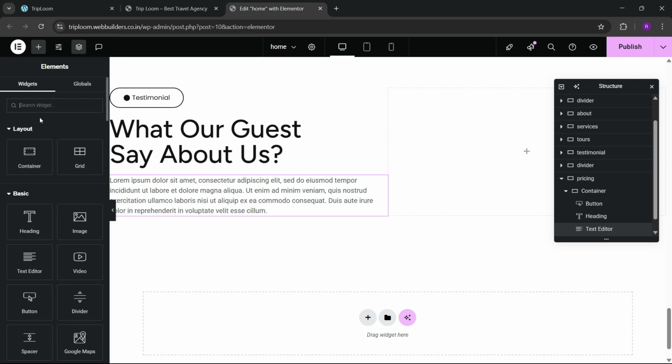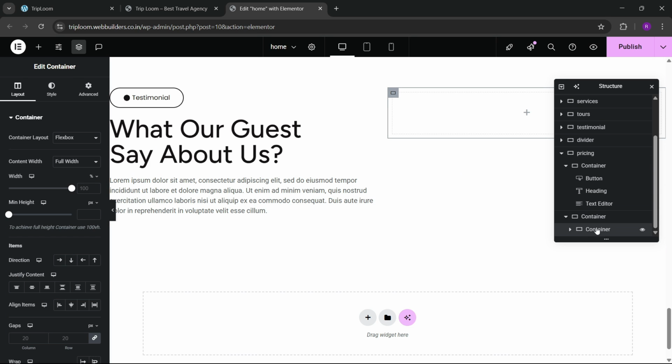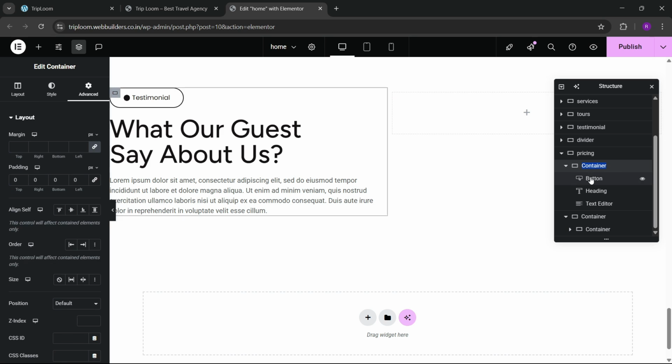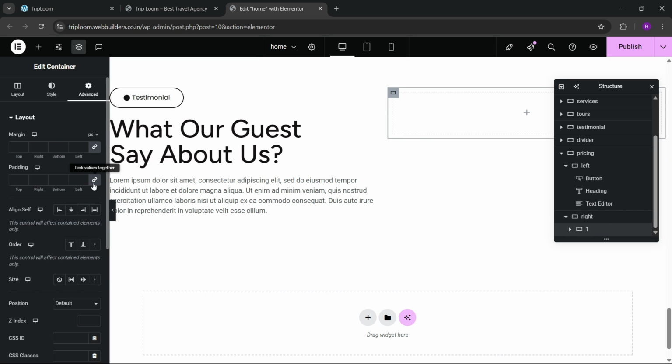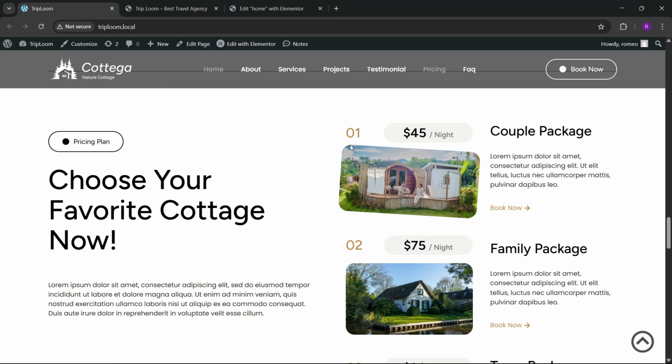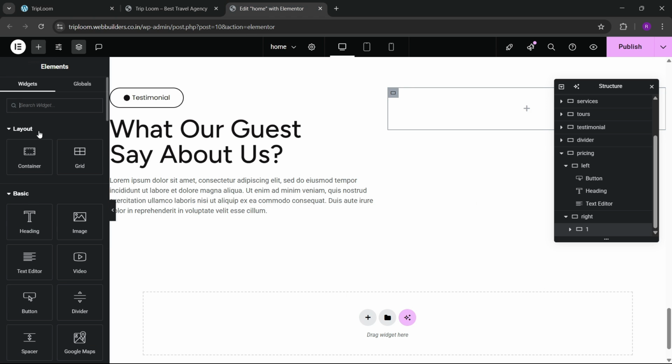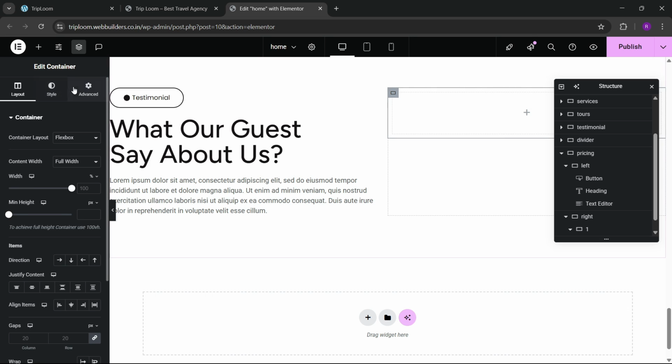Okay, so let's do one thing. First we're gonna add one box. So let's make this left, and we're gonna make this right, and inside this we're gonna make this one, and let's make this. Now we have to make two sections again. So we're gonna add the two containers now,